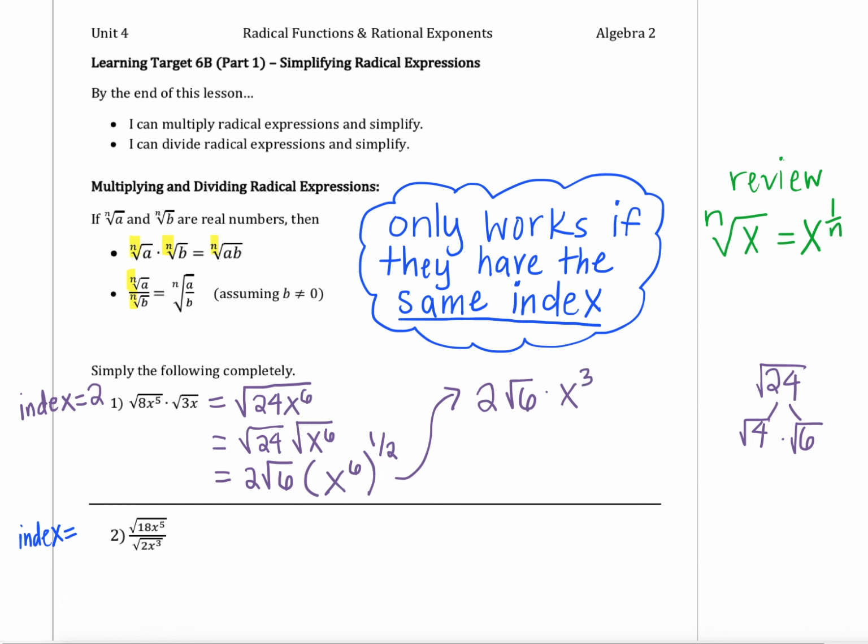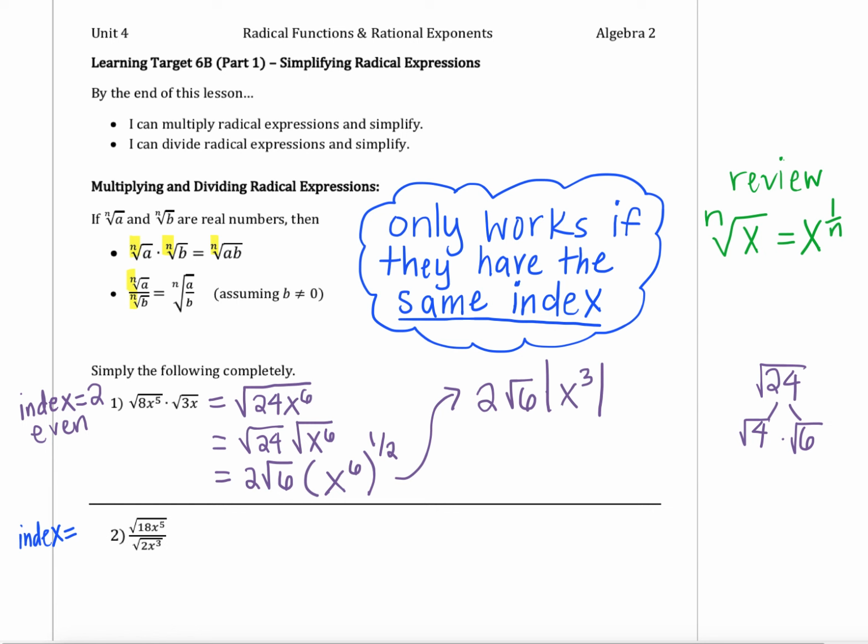Now in this case, something else that comes up from learning target 6a has to do with those absolute values. Because our index was 2, that is an even number, so we do have to worry about absolute values in this case. So I will end up with actually 2 times the square root of 6 times the absolute value of x